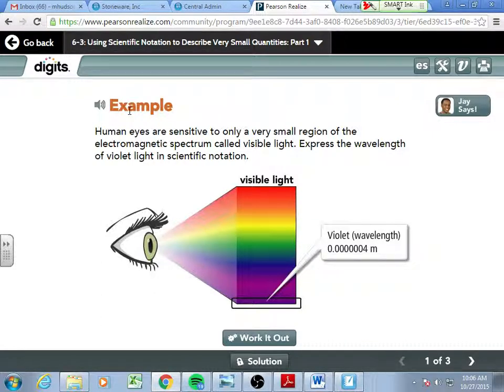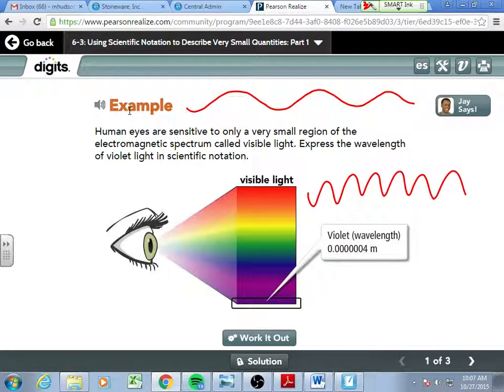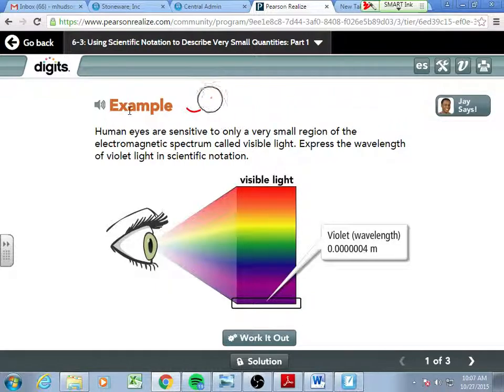But coming back from that, digressing a little bit, really what we care about is that light is in waves. Depending on the color of light will depend on the frequency of the wave. Frequency is how fast it oscillates. So it might be a long, slower wave, or it might be a really fast wave. And that depends on how your eyes perceive it. So the color violet, its wavelength is